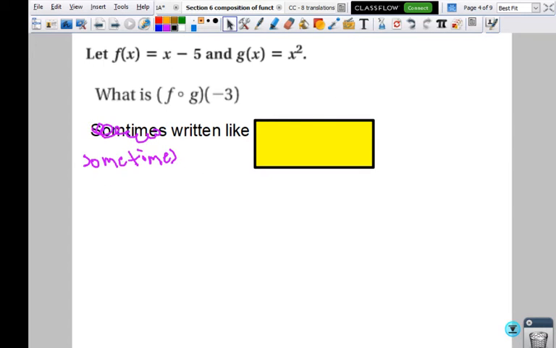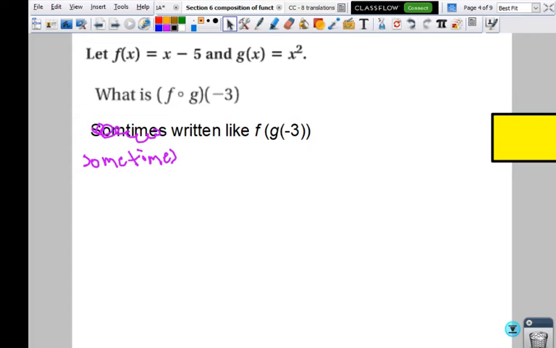Sometimes it is written in parentheses, like this: f parentheses g parentheses negative 3. But it works the same way. I will usually write it this way just because it's easier for me to write. I start with the negative 3, I start with the number, and I plug it into whatever's closest, and then I get that answer, plug it into the other one. So we're going to start with g of negative 3,